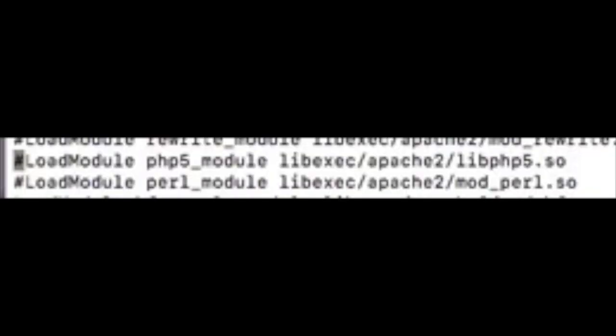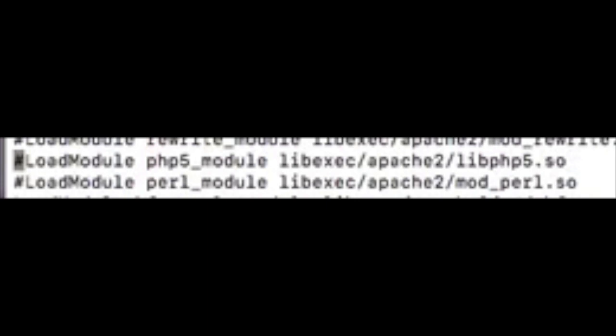Now it's time to activate PHP. So in your terminal, type in sudo nano /etc/apache2/httpd.conf, followed by a password. In here, scroll all the way down until you get to the LoadModule section and search for the line saying LoadModule php5_module. An updated version might be there as well.